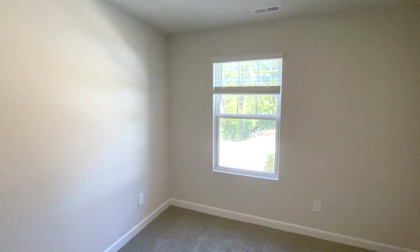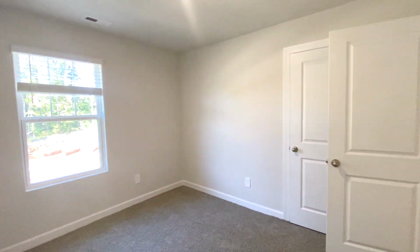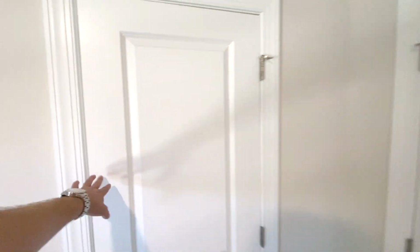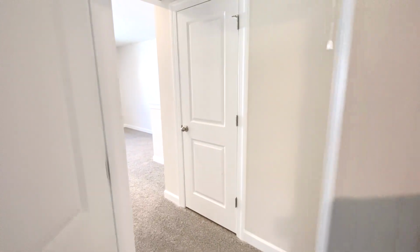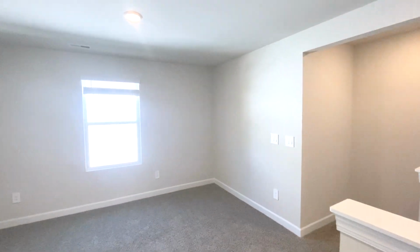So here is that second bedroom over here. And then also your closet. And we're gonna go check out that master now. So there's that closet. And also these light switches here, very fun, crisp, super crispy feel to those. Super crispy. So coming in to then the master suite,